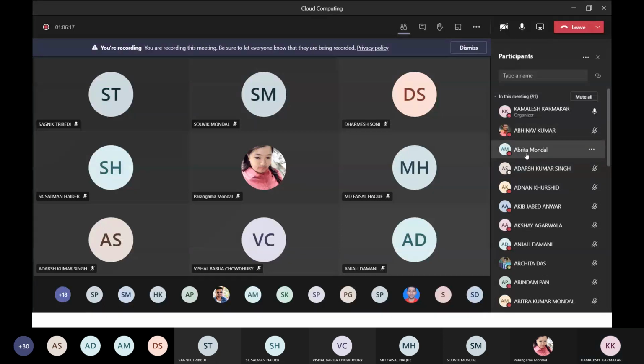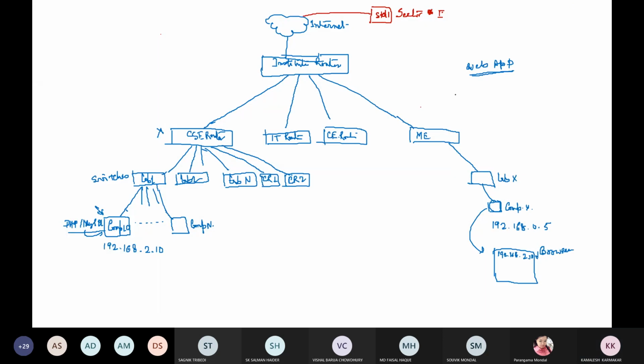Abhita, yes, sir. What is your answer? Can I access it if I have deployed one application in this server? Can I access it from outside of this institutional network?